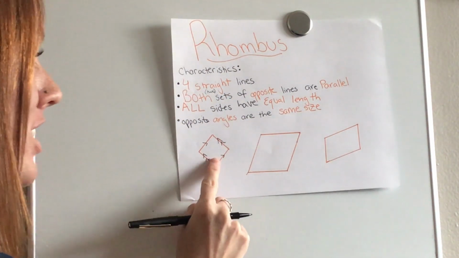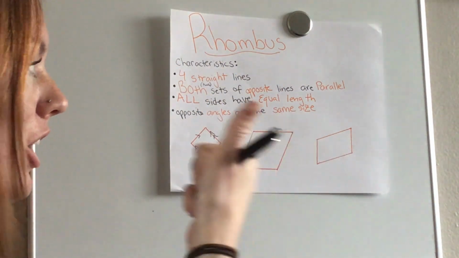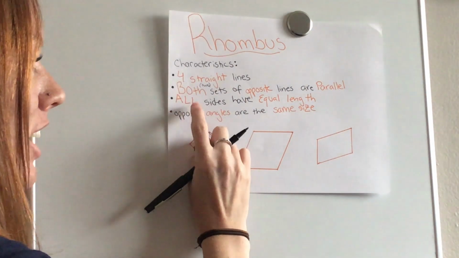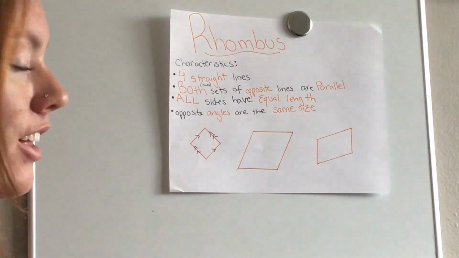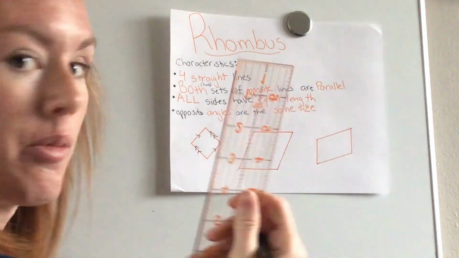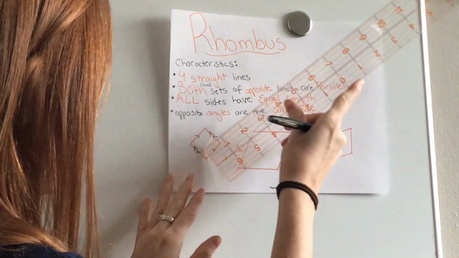So right now, this looks like it could be a rhombus. It has my parallel lines, it has 4 lines, but I need to check if it is a rhombus by looking at the side length. They have to be equal. So let's take a look at my ruler. If I use my ruler,